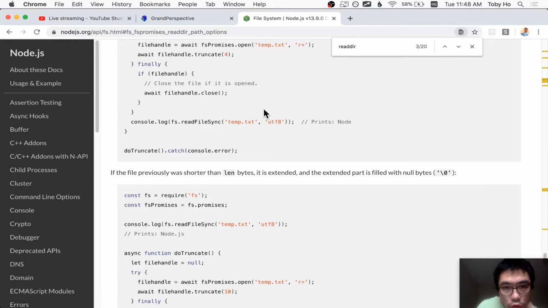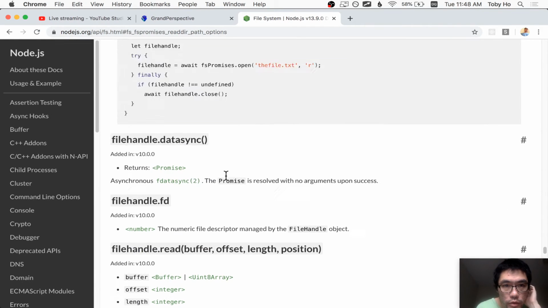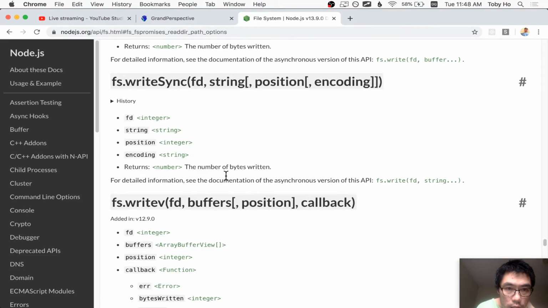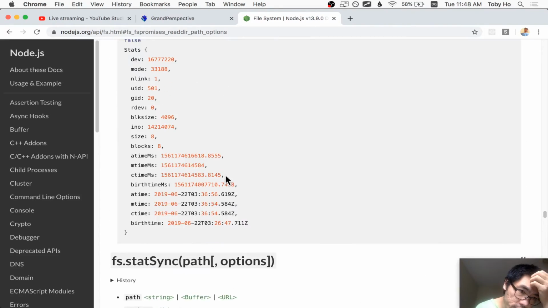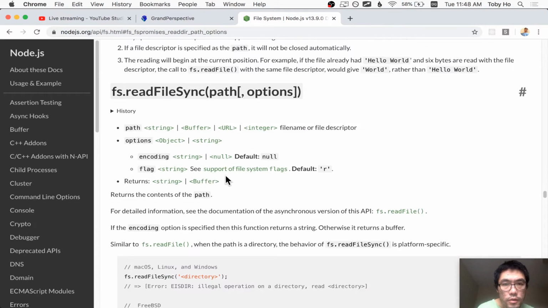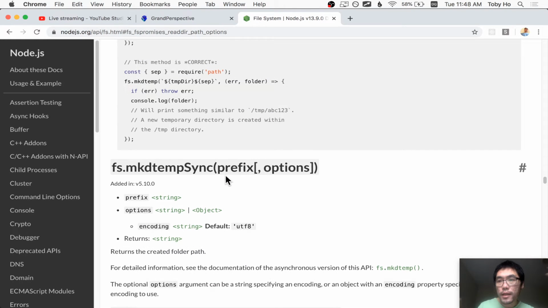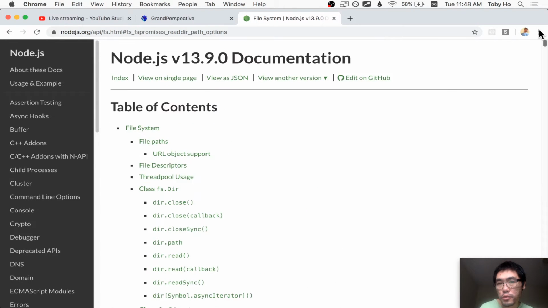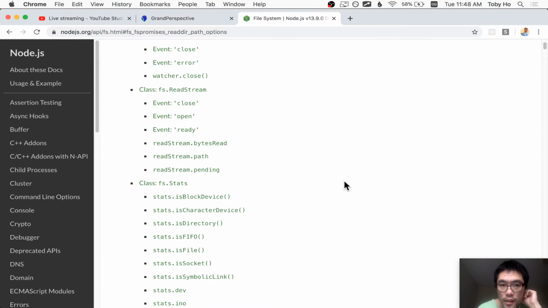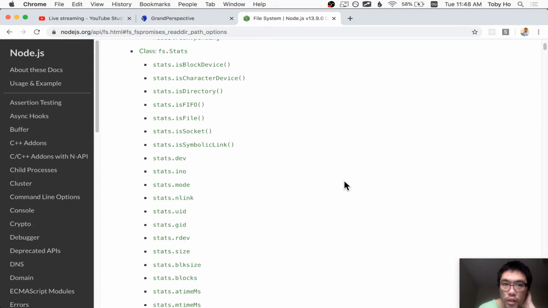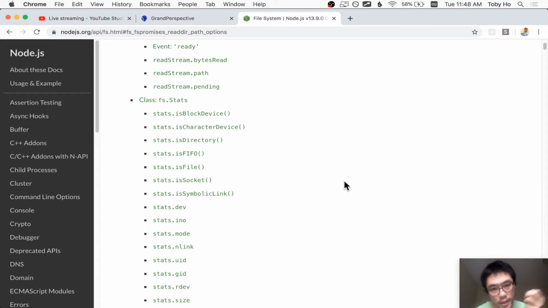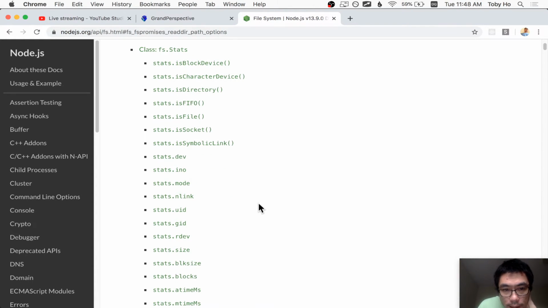Node.js file system module documentation, and this is kind of dense. There's a lot of info here. If you're new to interacting with the file system, I actually recommend you go through this and read this. You'll be much more knowledgeable about the file system if you did this. But basically, I've done this before, and I can tell you that you need to get the file stats